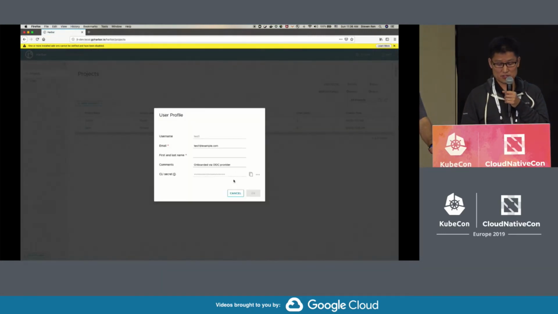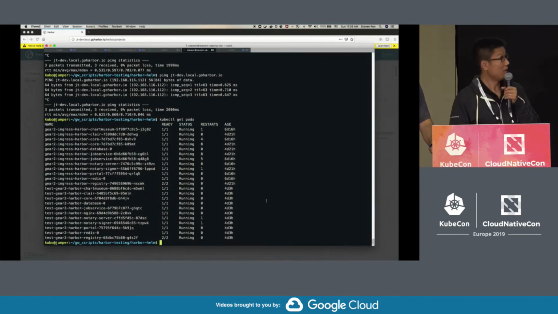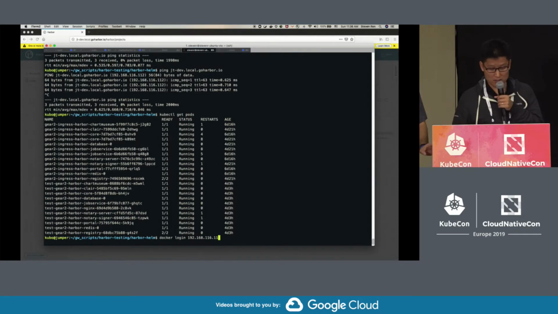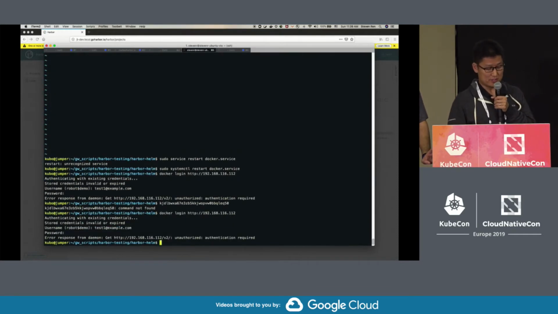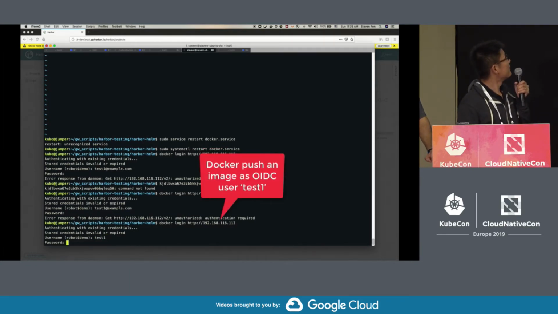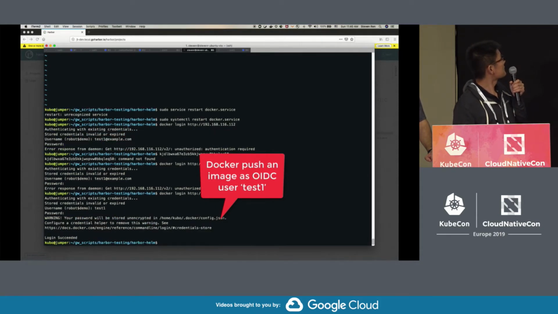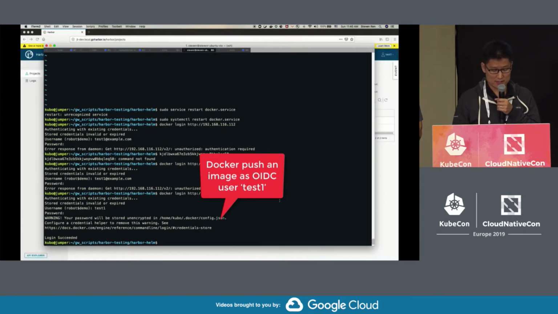In the user profile, you can copy your CLI secrets, and then you can log in using the Harbor user created and the CLI secrets. Here we cannot use the OIDC user password. We need to use the CLI secrets. Once we have logged in successfully,